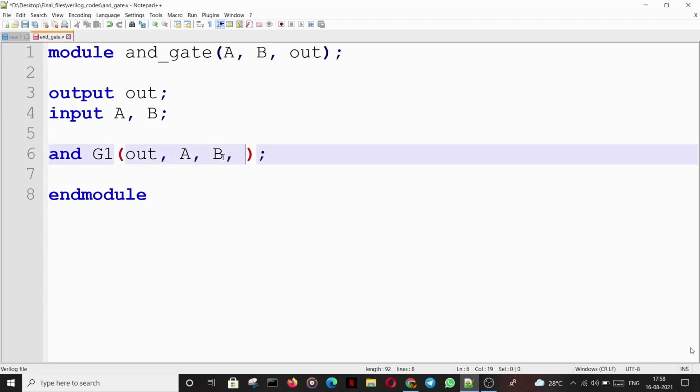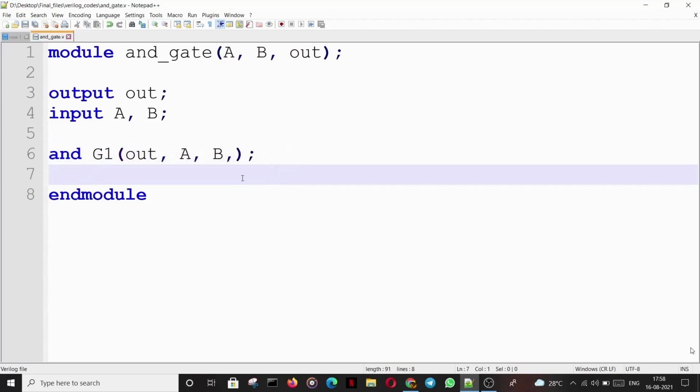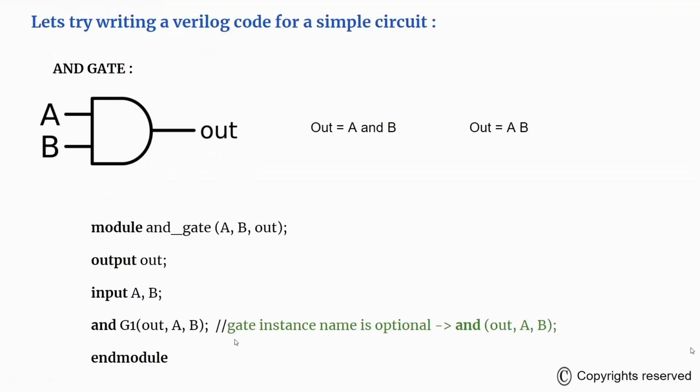You can give multiple inputs also. That's it. This is our Verilog module for the AND gate. As I said, giving a gate instance name is optional. You can just put and, braces open, out comma A comma B, which means out is the AND of A comma B.